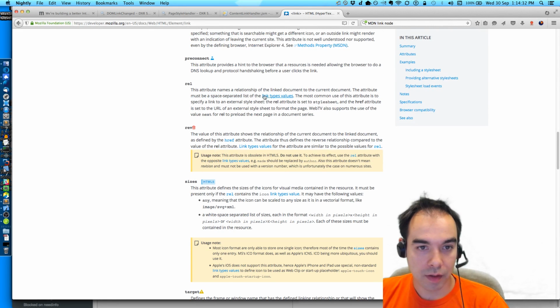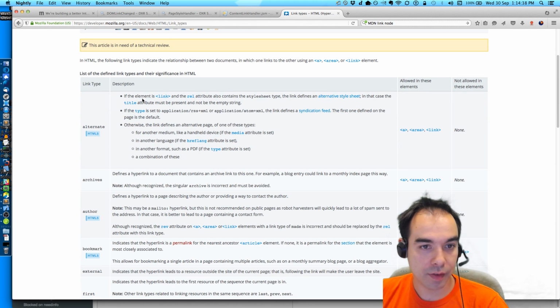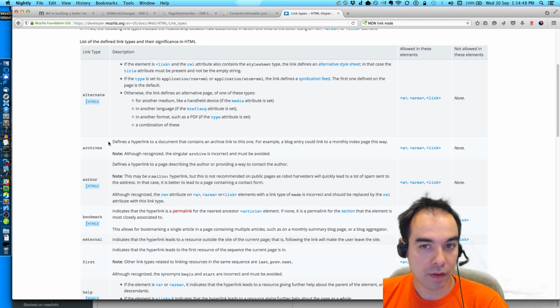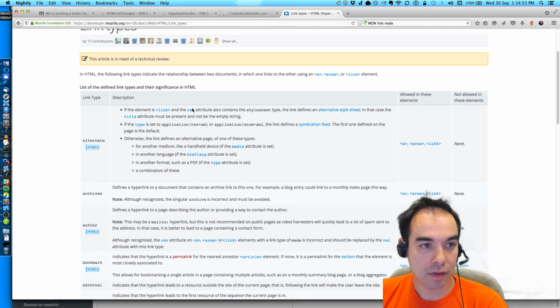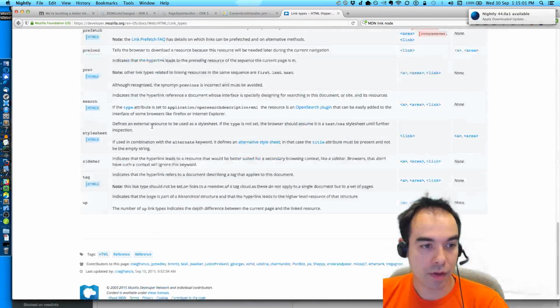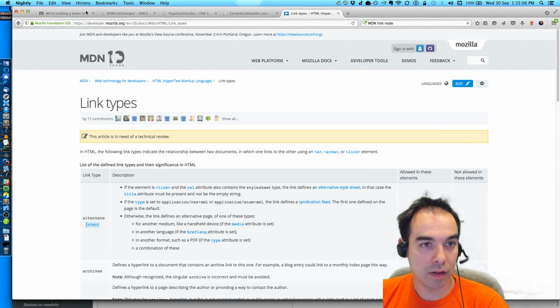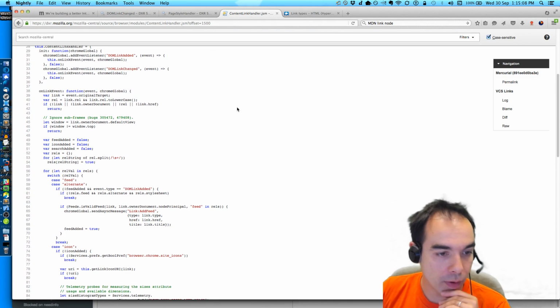Link type values. Alternate. Defines an alternative style sheet. Okay. Interesting. So these are a lot of things that can go inside the rel attribute, but I think we only care about a very small set.